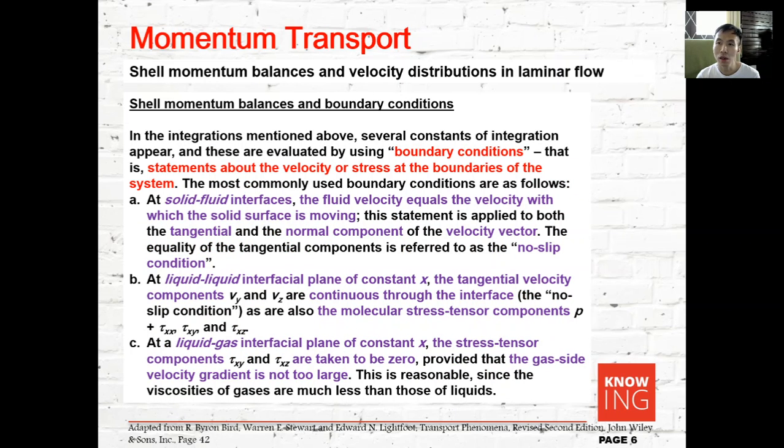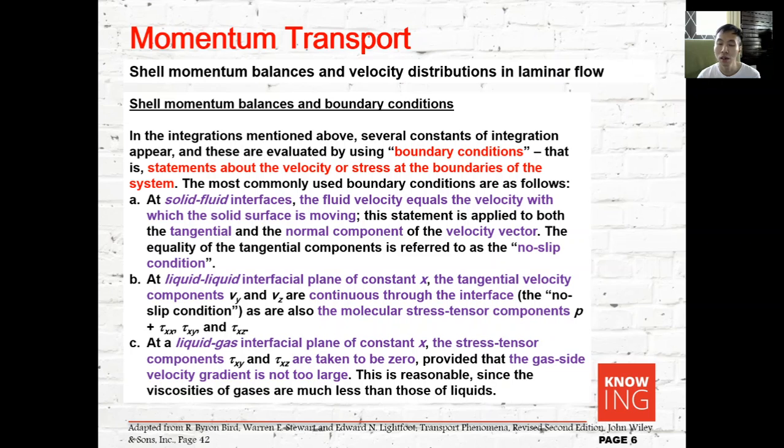For the particular examples that we will show, three boundary conditions will be of interest in our case, and these will appear alternately in the different examples. Boundary conditions are important to connect the value of the constants that you get from your ordinary differential equations to the physical systems. So the role of the boundary condition here is basically to connect the mathematical equations with your physical systems.